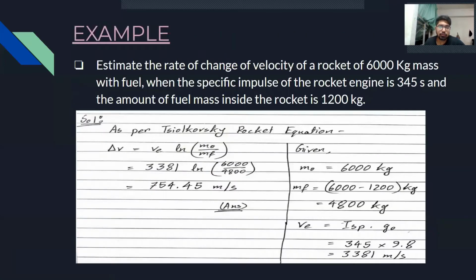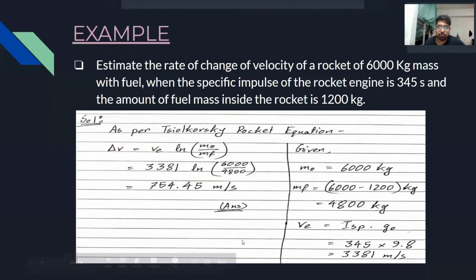Here's an example of applying the Tsiolkovsky rocket equation in order to find the rate of change of velocity of a rocket in a given situation. The situation being the mass of the rocket is given as 6,000 kg with fuel, and the specific impulse of the rocket engine is 345 seconds, and the amount of fuel is